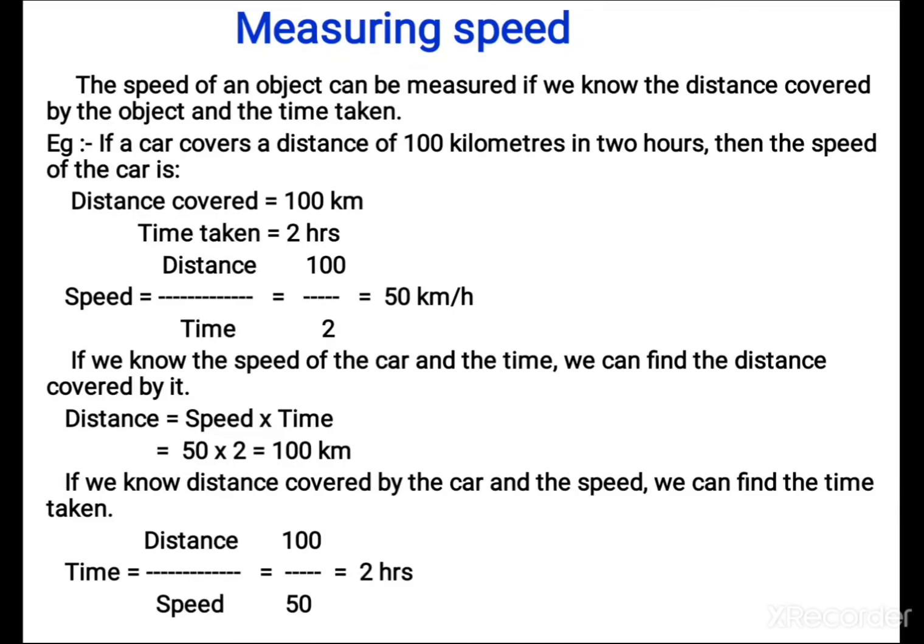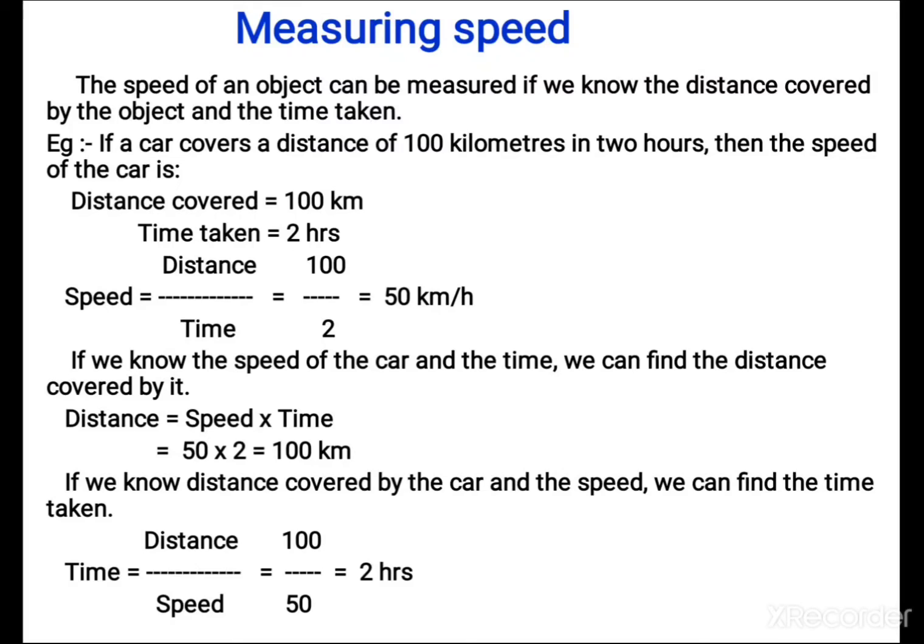Example: if a car covers a distance of 100 kilometers in 2 hours, then the speed of the car is, distance covered is 100 kilometers, time taken is 2 hours. Let's put the formula of the speed here. Speed is equal to distance upon time, that is 100 by 2, and the answer comes out to be 50